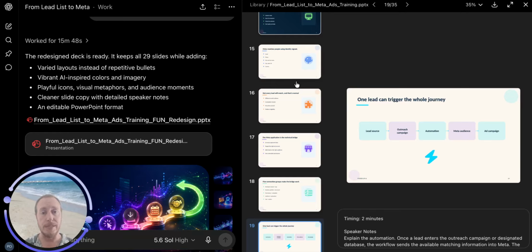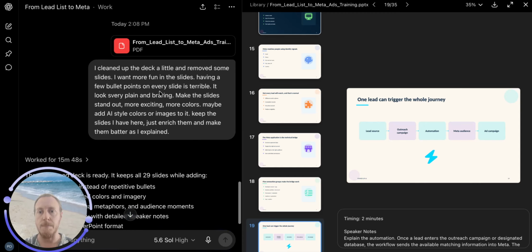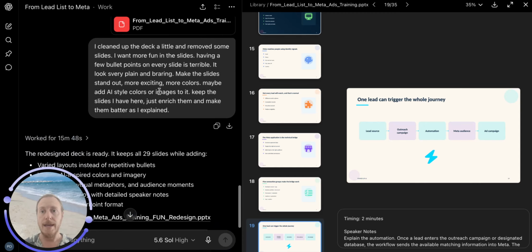So again, using the AI sandwich, I used AI. I started with my human brain, AI created it, and then my human brain fixed it and tweaked it and made it better. So I got the exact words, the verbiage and the copy that I wanted inside of the deck. Then I came back to ChatGPT Work and I said, hey, I cleaned up